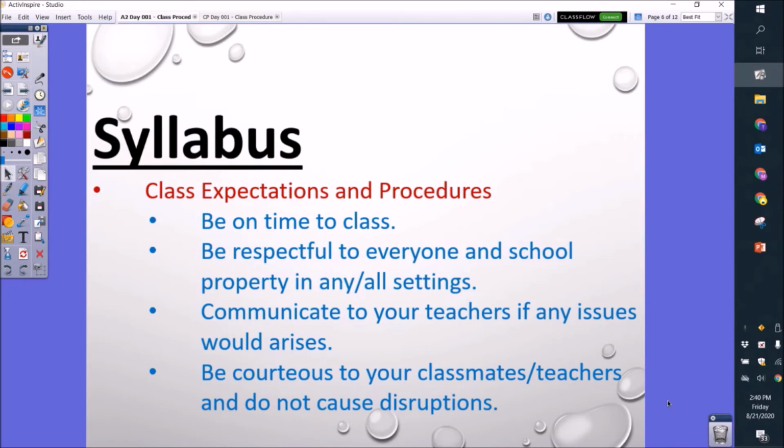Now, next part is communicate to your teacher if there are any issues that would arise. So if something is preventing you from doing your schoolwork, such as a technology issue or internet issue, something that's going on at home, then please let us know. So that way we can communicate with you and make a plan so that you can do your work